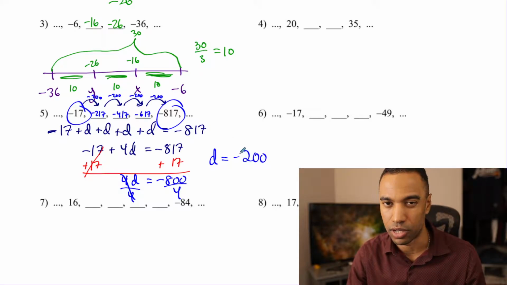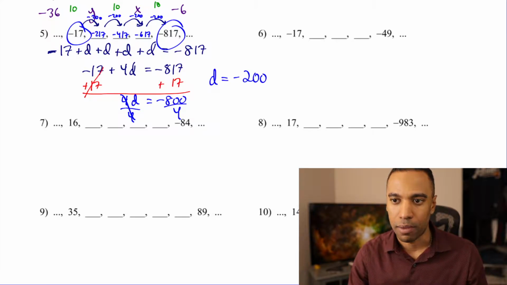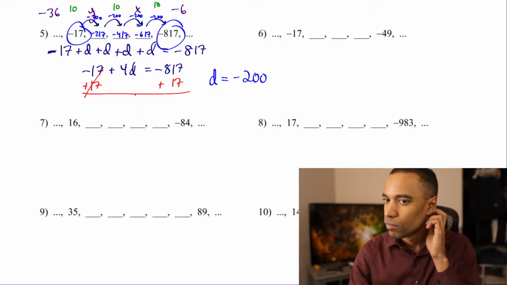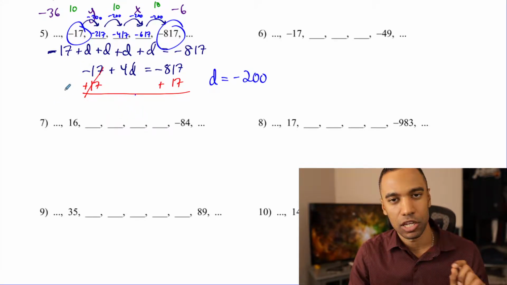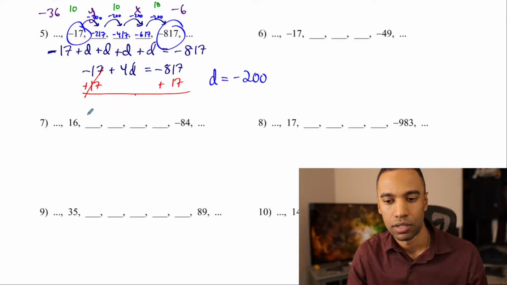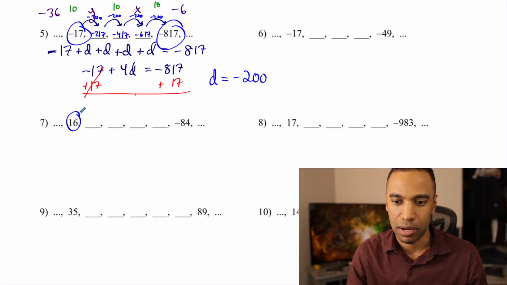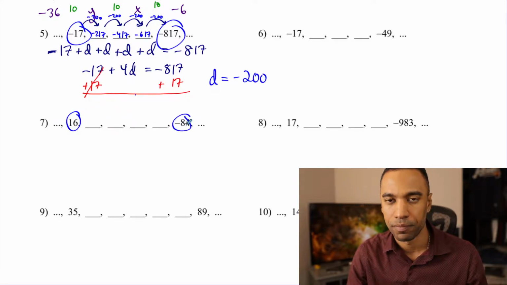Make sure that answer does actually arrive appropriately at what you got. All right, if it's okay, I'm going to erase some of the work here to get this next problem brewing. Number 7, here's what I want you to be cautious of in case you want to try that number line approach. If you want to find the distance between the numbers 16 and negative 84, because I saw some students